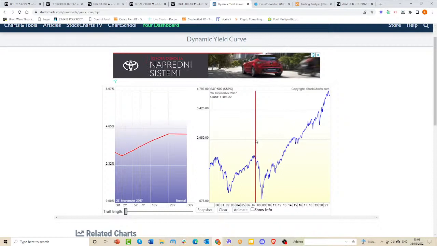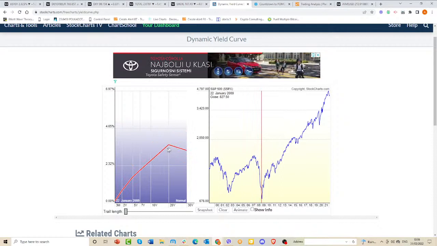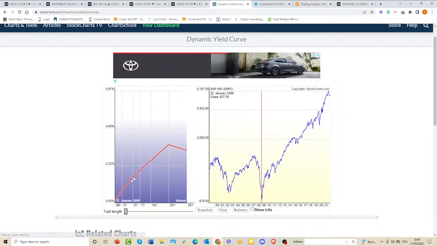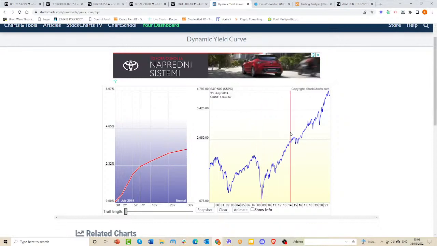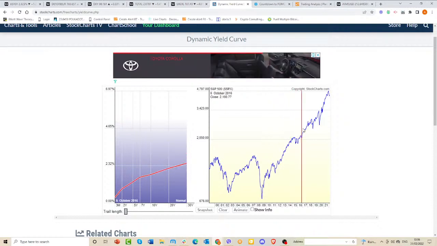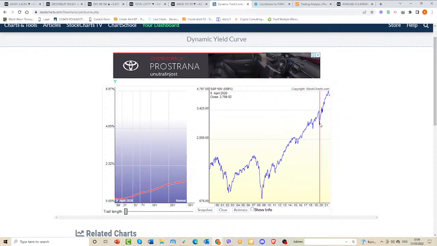You will see that after a crash, the yield curve also starts to look a bit normal, which means that the shorter durations are priced lower than the longer ones, which is a steep yield curve, which is normal for a yield curve to be. So if you go forward, you will see that this fluctuates. The bond market is pricing in the different economic influences, rates, and all of the other things, trying to see what is going to happen in the economy.